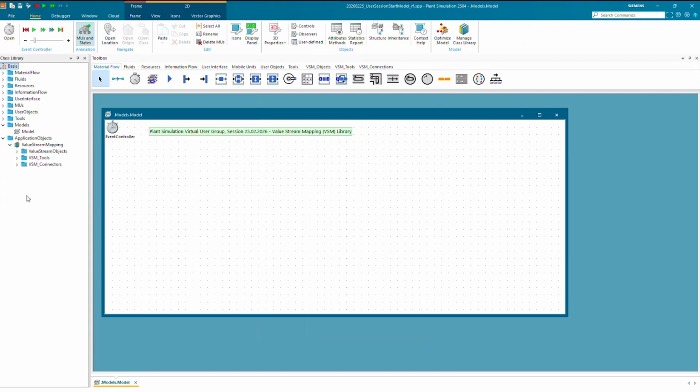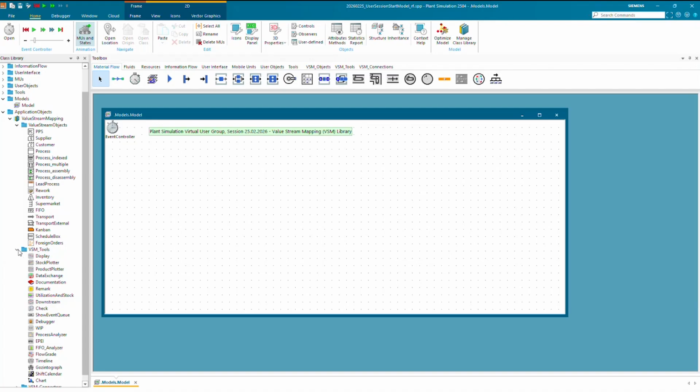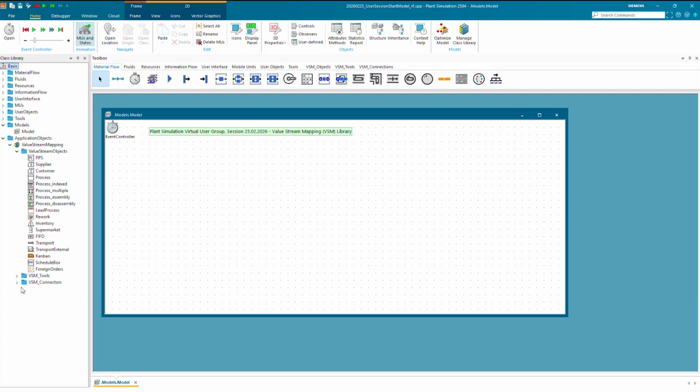With this activated, we then basically have an object right here with the before-mentioned standardized icons with behavior behind them, as Plant Simulation objects for different purposes.